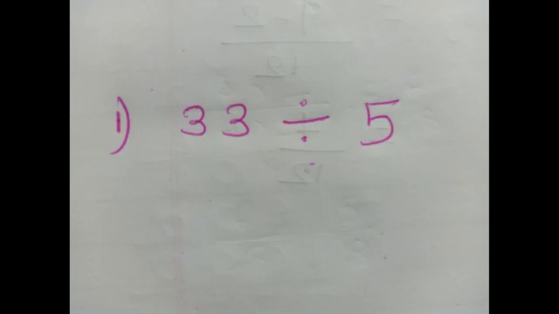Okay, you can't use the first number because the first number is 3 and 3 is smaller than 5. So you will take both the numbers together, that is 33. So you have to see the number which is less than 33 and which is coming in 5's table. So which number is coming in 5's table and which is lesser than 33? Yes, 30. It is 5 sixes are 30. Okay, now let us see how you can do the division.